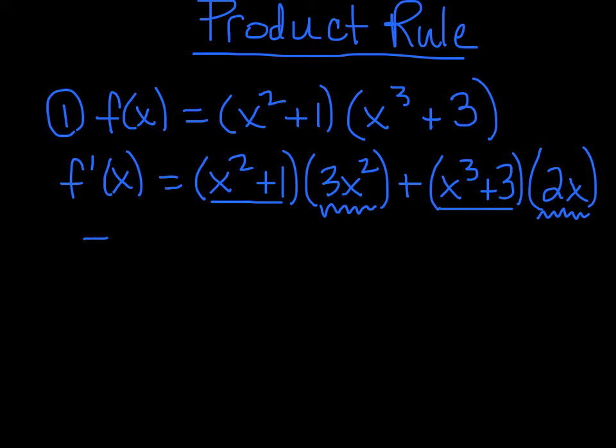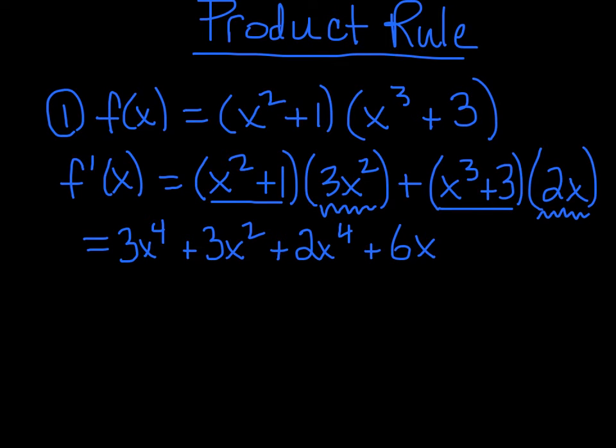So if we take these first two sets of parentheses, we'll get 3x to the fourth, and then we'll get plus 3x squared. And then with the second set over there on the far right, you're going to get plus 2x cubed. Oops, I'm sorry, 2x. Let's see if we can erase that because that looks a little messy. All right, so let's go back. That would be 2x to the fourth, my mistake,